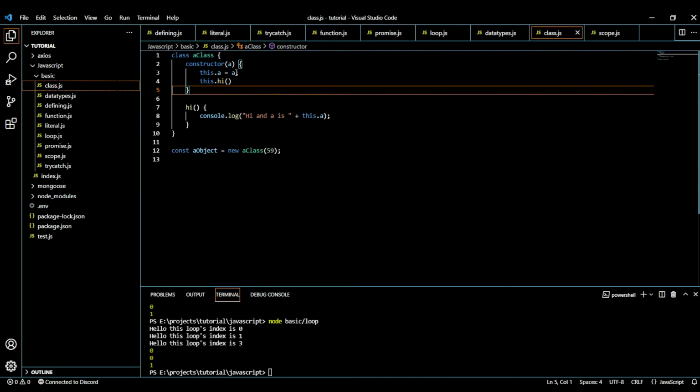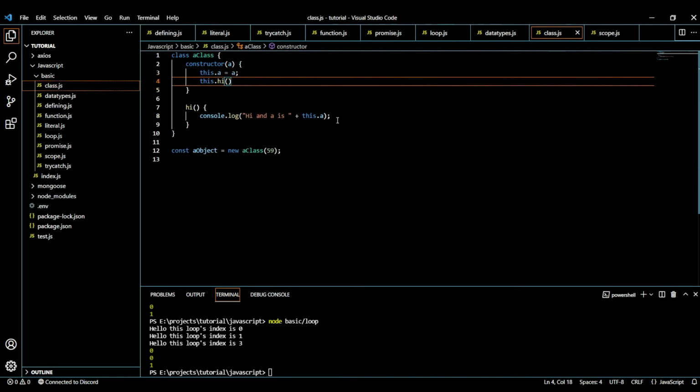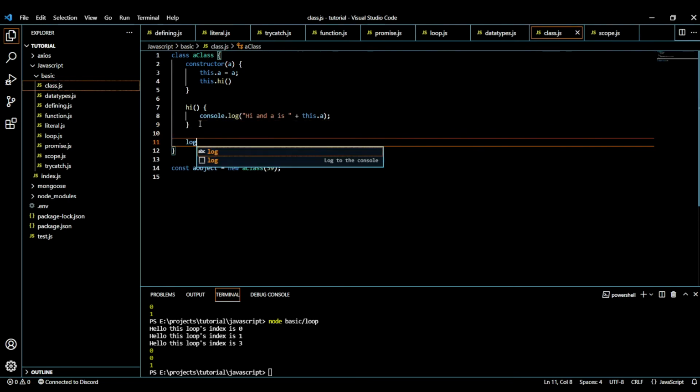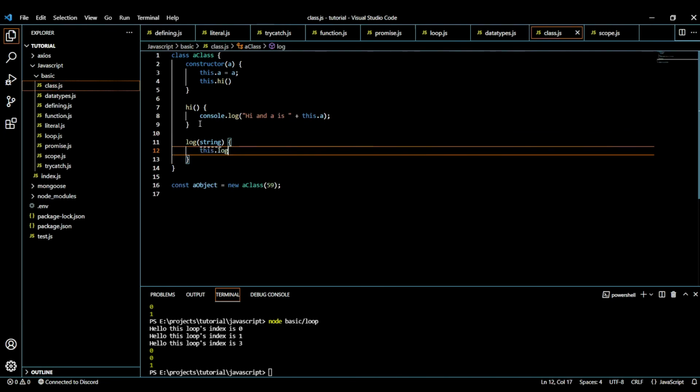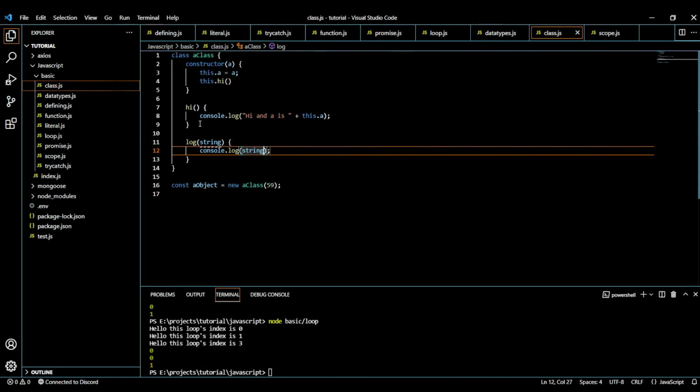For example, this object has a value called a. If you want to log that value, you will just do this.a, and you can do this thing for accessing anything. For example, I will say log, and it takes some string and just logs that thing to the console.